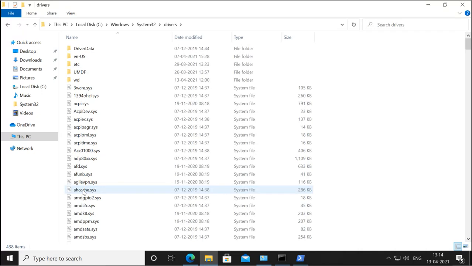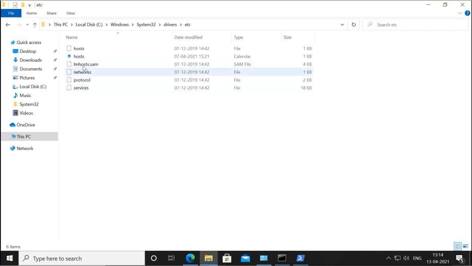Now under drivers directory you have etc, and under etc you have the host file here. So the location for the host file is your C drive, Windows, System 32, drivers, etc, and this is your host file.